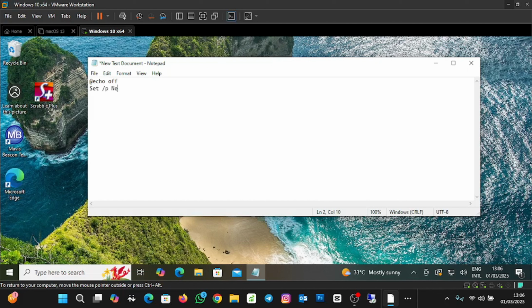Set /p new name equals enter the new computer name and colon. wmic, then computer system where name equals the quotation percentage and then computer name, then percentage and then the quotation, then space quotation space rename name equals quotation percentage new name